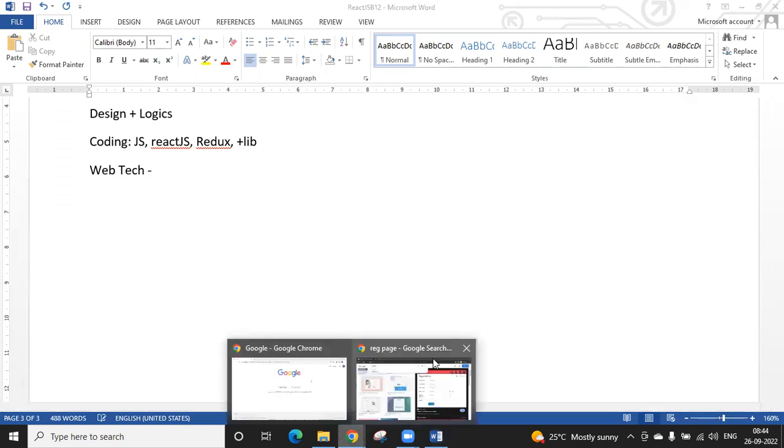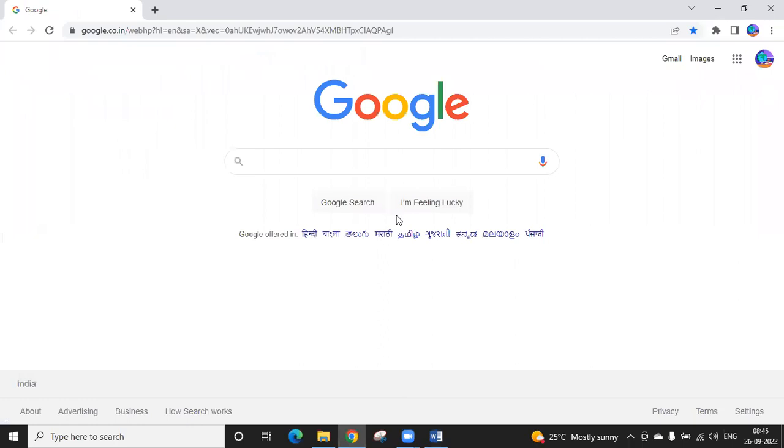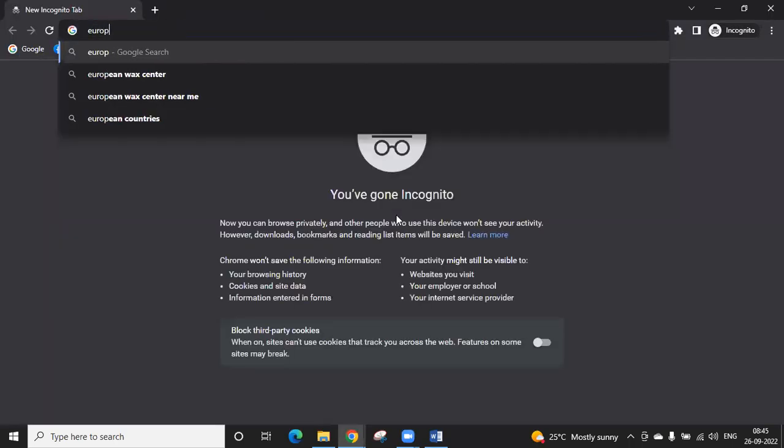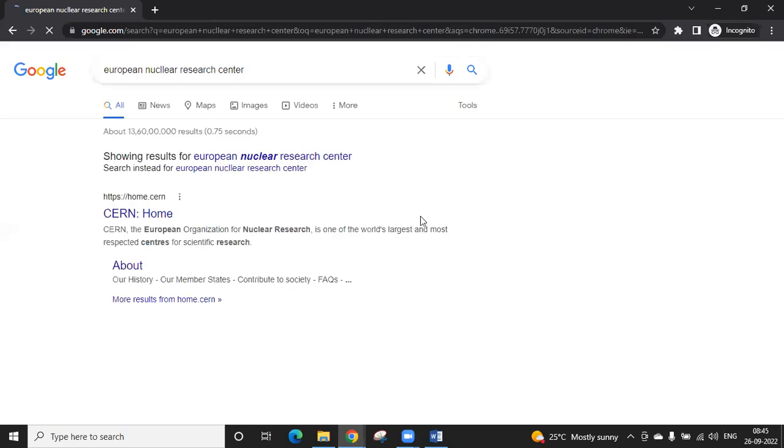Okay, so where was this started? Our web technologies simply started in a nuclear research center in a European country. Something happens, and only at that time do we realize it. Nowadays with web technologies you can sit at home and perform any operation, pay money, order anything. But it was started in the European nuclear research center. Our web applications started there.